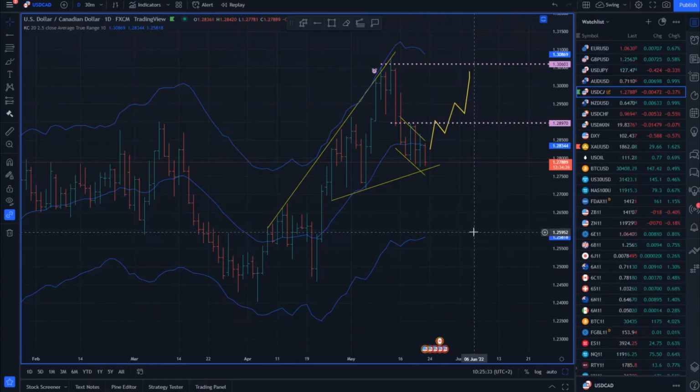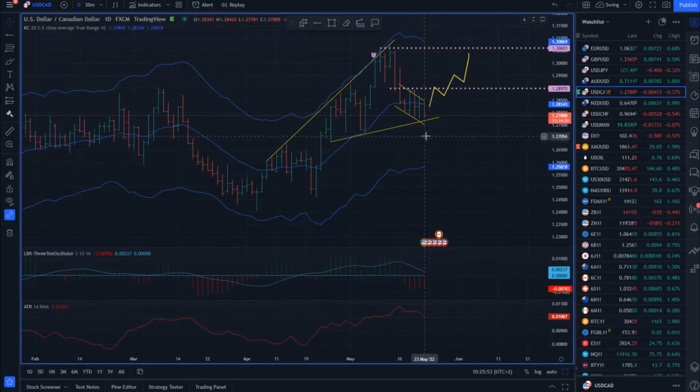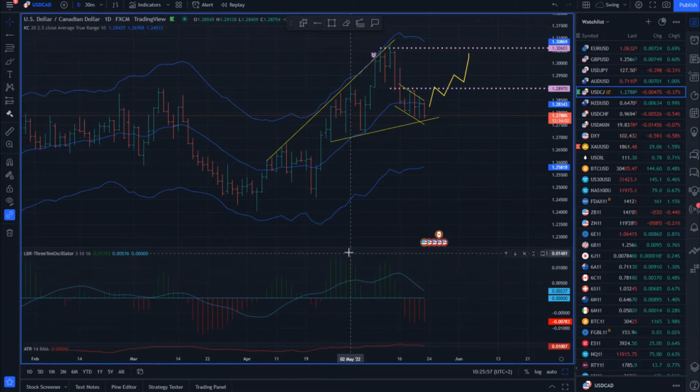I will start with the USD versus Canadian dollar first. So basically what I found on the daily time frame is that USD Canadian dollar is in the sideways regime. We have, I will say, 4 days in a row of overlapping candles or overlapping bars. And prior to that we had an upside move, and the market is still in an upside cycle.